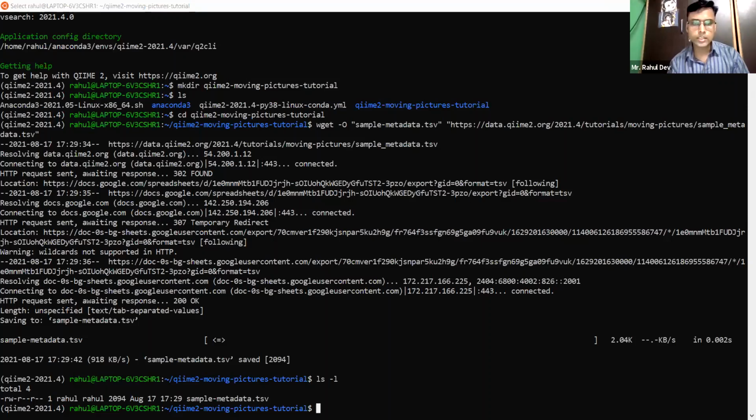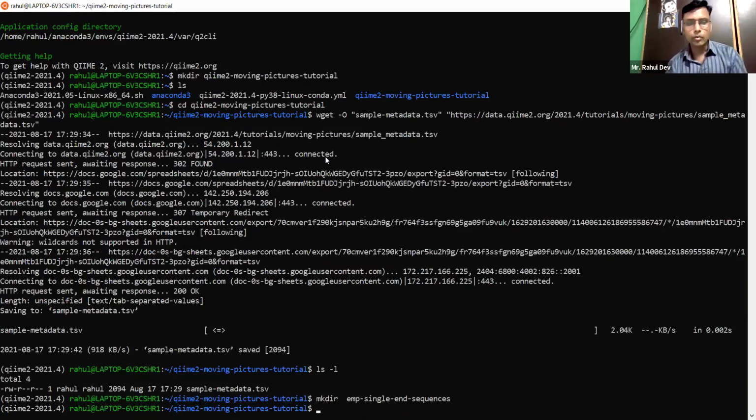Now next, we have to make another directory before fetching the data. Let me tell you why. This is mkdir emp-single-end-sequences, the name of the new directory which we are creating under the qiime2-moving-pictures-tutorial directory. So a folder inside the folder.